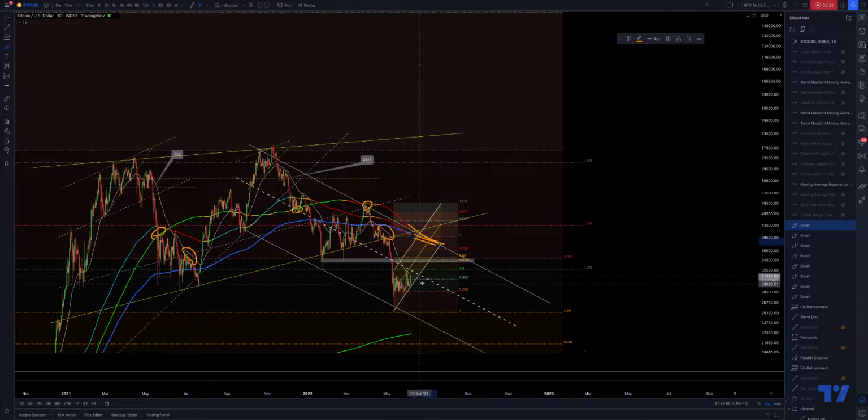If we were to get up, what we have is a 0.5 Fibonacci, using this to this level here as a reference, and the 0.5 is acting as a resistance. If we were to get above this, the 0.618 is definitely looking like to be a massive resistance as well, and that's about 34,400. So you can see that we have scenarios where we can potentially assume that there's going to be resistance of some sort, and we can also look at this potential